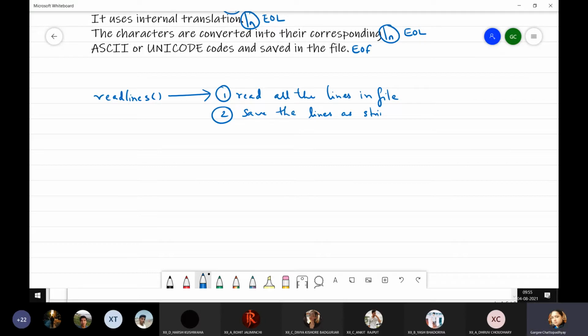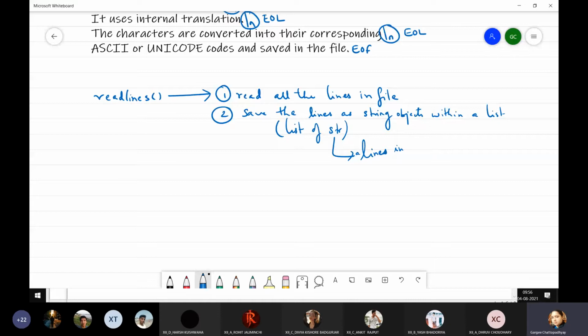That is a list of strings, where every string is actually a line in the file.